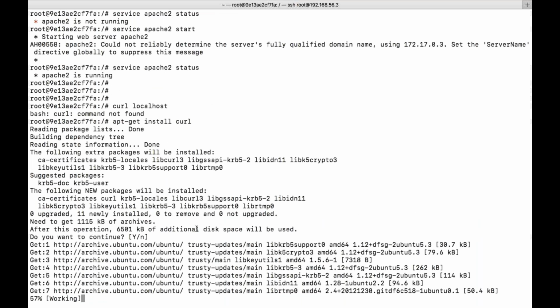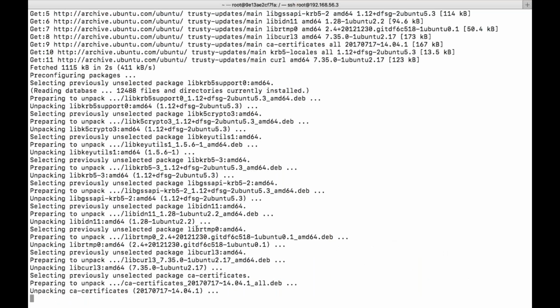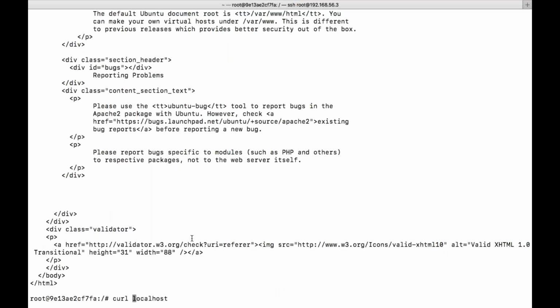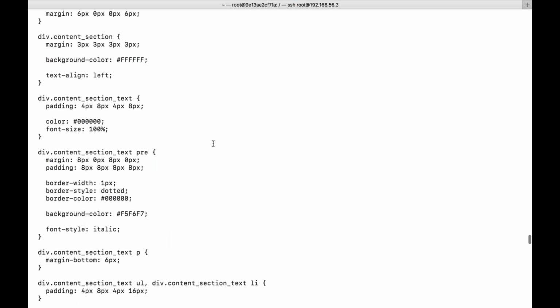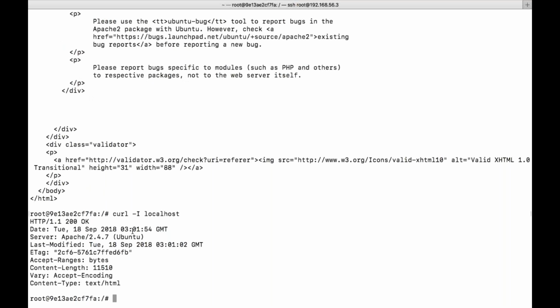That's how the image is fully secure, secure in the sense that it's lightweight. You can see you got the response. If I give hyphen I, if you don't understand this, 200 OK means your website is working fine. This is the Apache web server. It's actually website content, but you don't need to understand this. Simply, we can give curl hyphen capital I localhost, the IP address which is bound to this one.